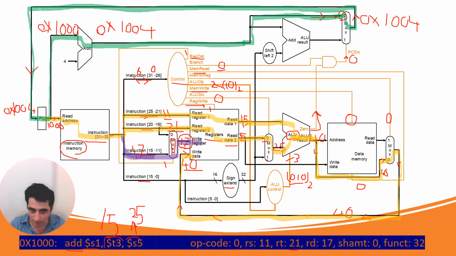That's a smaller path that is not part of the critical path, because while the electromagnetic waves are going through that yellow path, the other electromagnetic waves go to the purple path and find the location of write register. That's not part of the critical path, but you need to draw it, because if you're asked to draw or highlight the data path